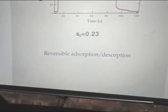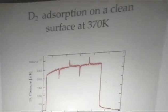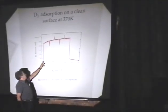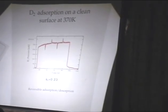Now this curve is not going to tell you very much. It's the next viewgraph that's going to hopefully give you some information. So we're now going to examine the reactive properties of this CH species. So here you see we're adsorbing deuterium onto a clean surface by beaming a deuterium beam at the surface. Now, in our apparatus, we first of all fire the beam at an inert surface, and then we remove the inert surface and let the beam hit the reactive surface. And the point at which it hits the reactive surface